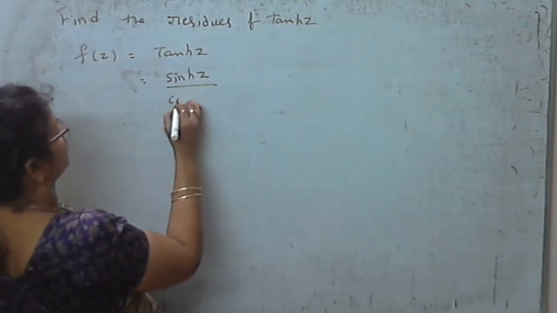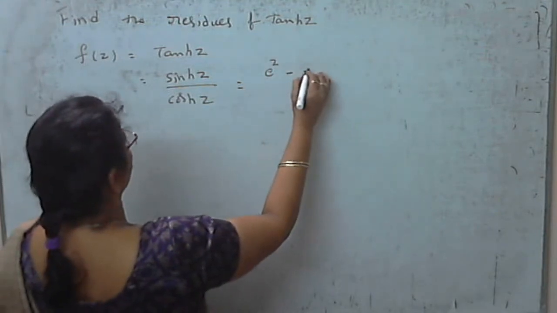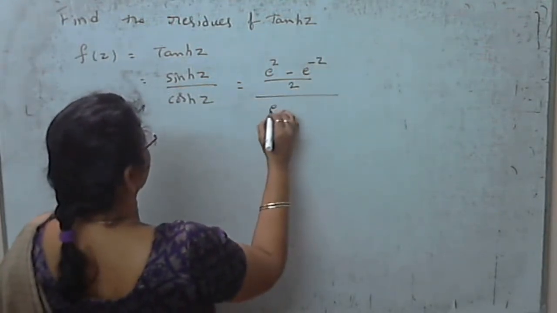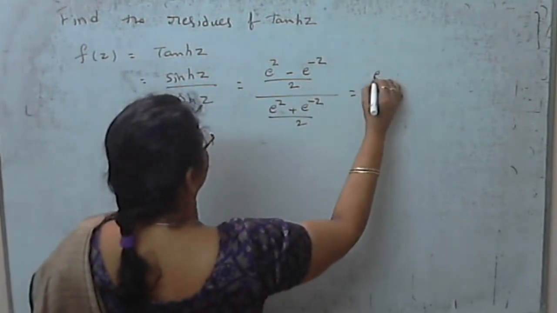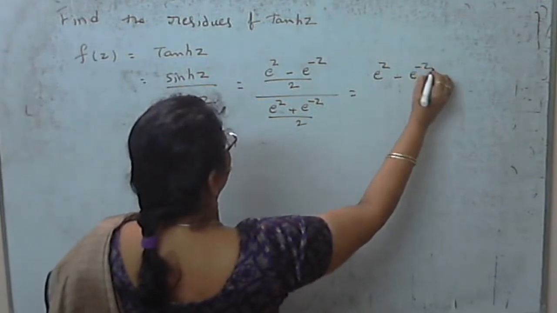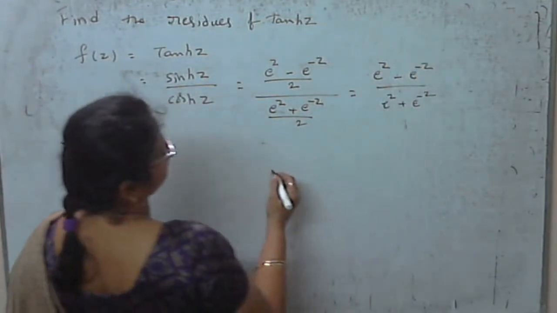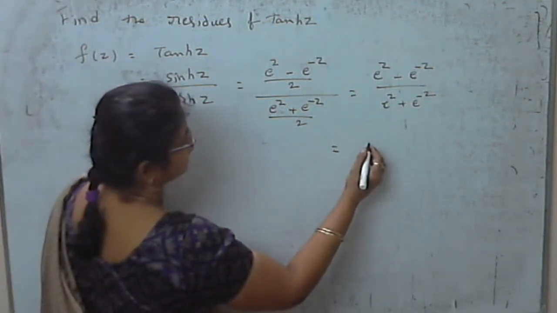Sinh z by cosh z. Sinh z means (e^z minus e^-z) by 2. Cosh z means (e^z plus e^-z) by 2. By cancelling 2, we get (e^z minus e^-z) by (e^z plus e^-z). Now dividing numerator and denominator by e^-z,